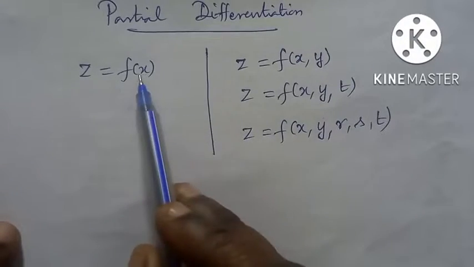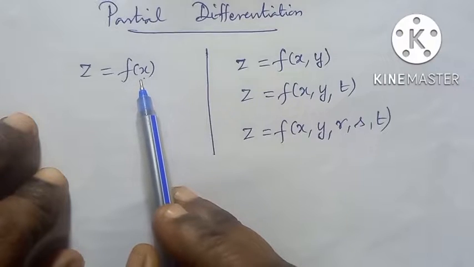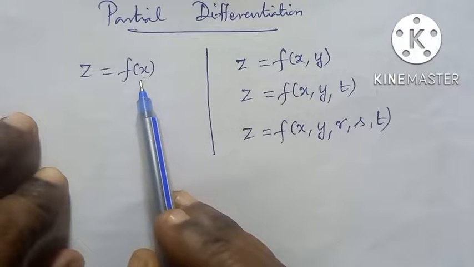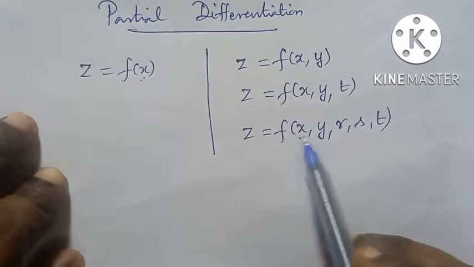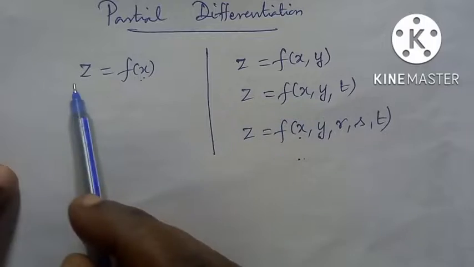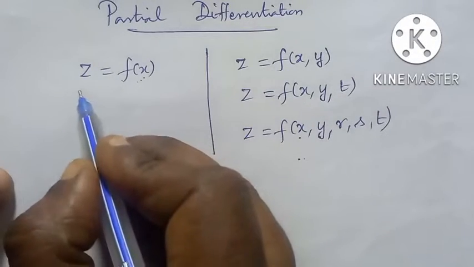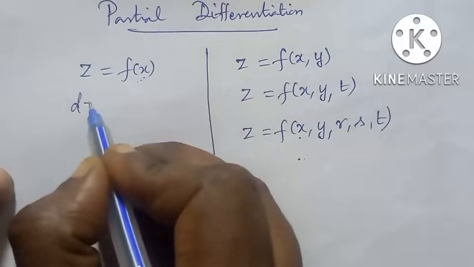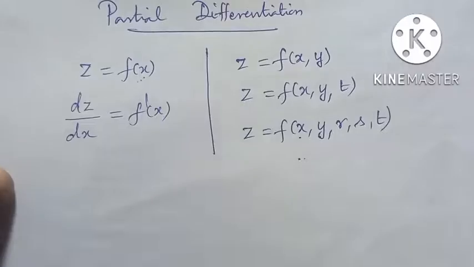So when z is function of only one variable, it is ordinary differentiation. Here we have ordinary differentiation. When z is function of more than one variable, partial differentiation comes, okay? When z is function of only one variable, ordinary differentiation comes. Here when we differentiate z with respect to x, we say dz by dx, which is f dash of x,